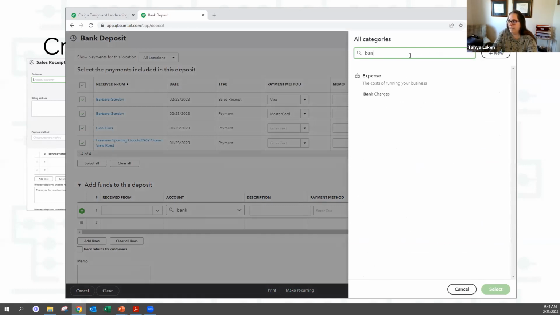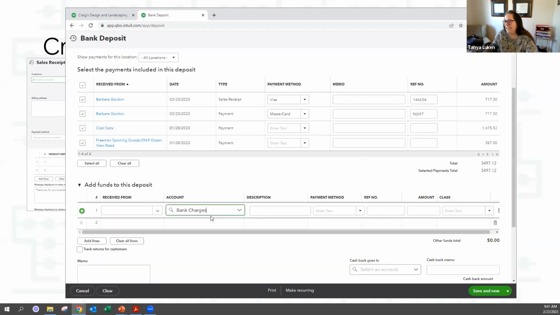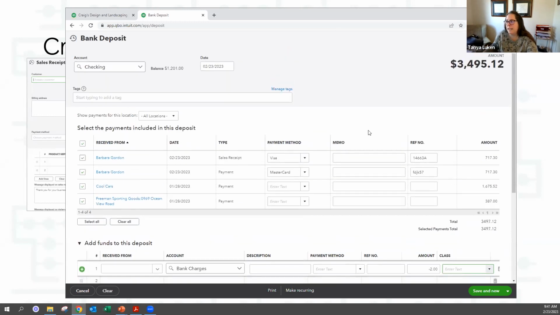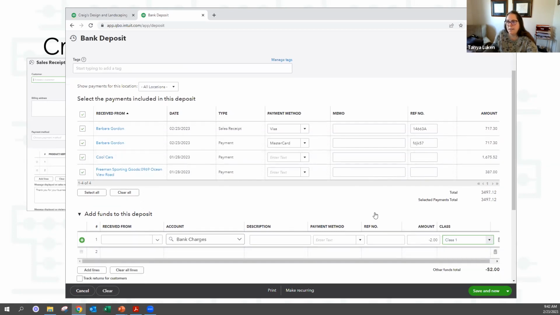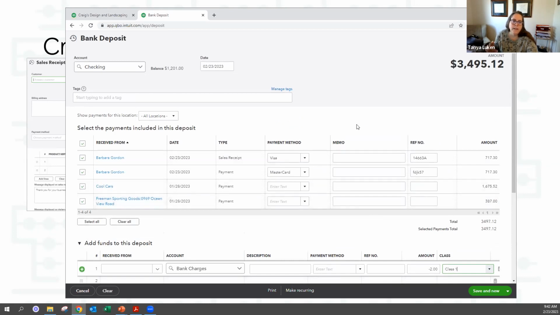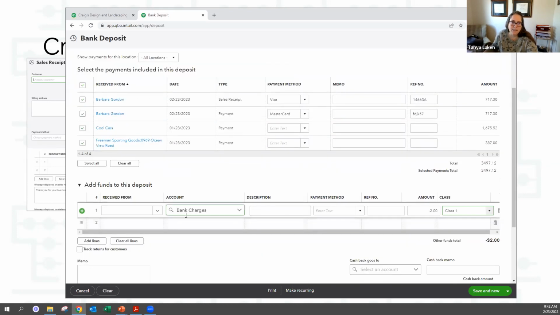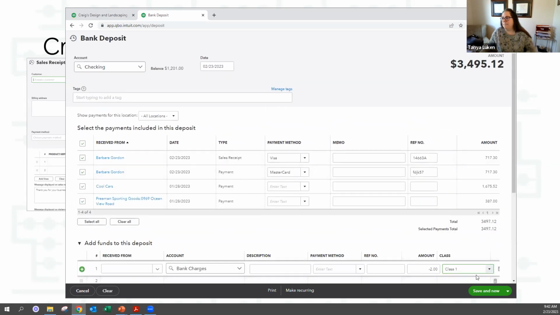You would put in your bank charges, and then you would put in your $2 that they're going to charge you. So you would record your PayPal, your Stripe, your merchant processing fees here if they come out of your deposit total. So you want to record that, like, hey, we got $3,400 worth of revenue, but we had to pay $2 in fees. And this is just a little bit of a cleaner way to do it. If you get stuck, there's tons of videos online about how to record, where to put the fees, but you would just add them to the deposit bottom here.